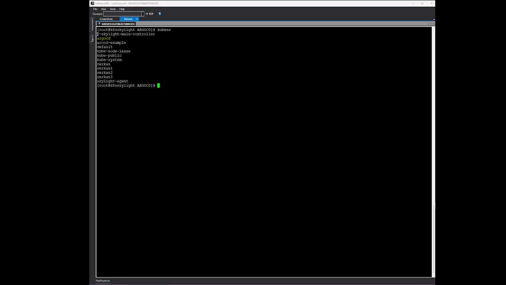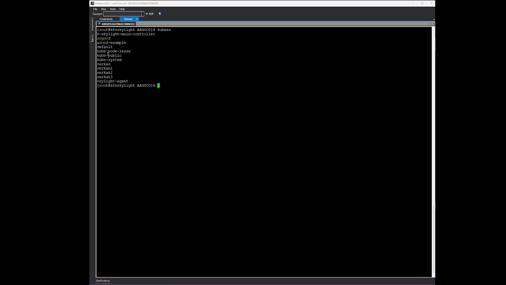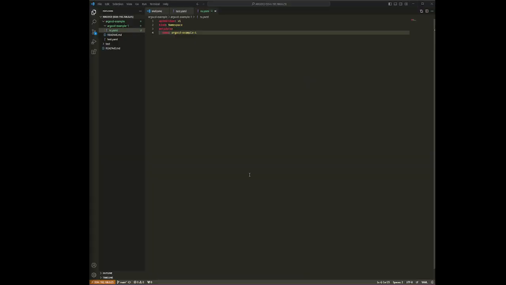Also, I want to check my namespaces. You can see we don't have Argo CD -example -1, and when we create the application, it will be applied automatically and created on our Kubernetes cluster.